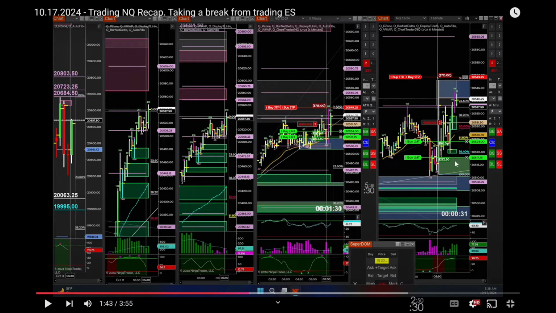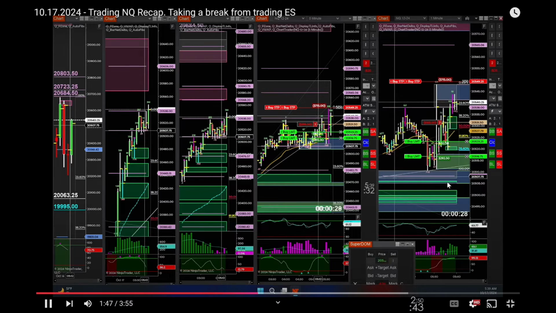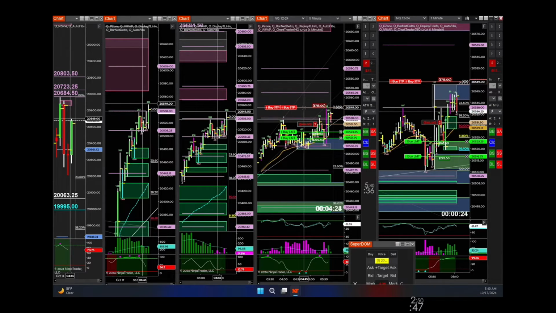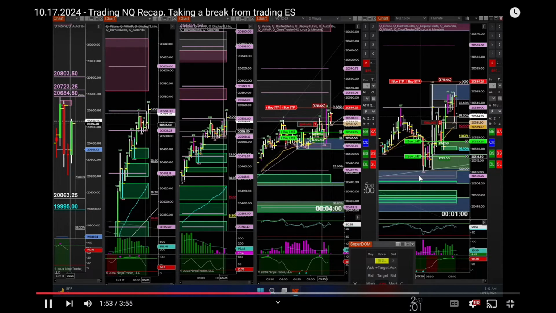So I left my target down here. At the time, I thought that, hey, this is not going to go any further up, and it didn't. Right? It actually hit my first target, and that's a pretty tight stop there. So you saw buyers stepping in here. I mean, sellers, right? Look at that massive win candle here in the 1 minute, right? POC top of the bar, top of the bar. So sellers are in control here at this point.